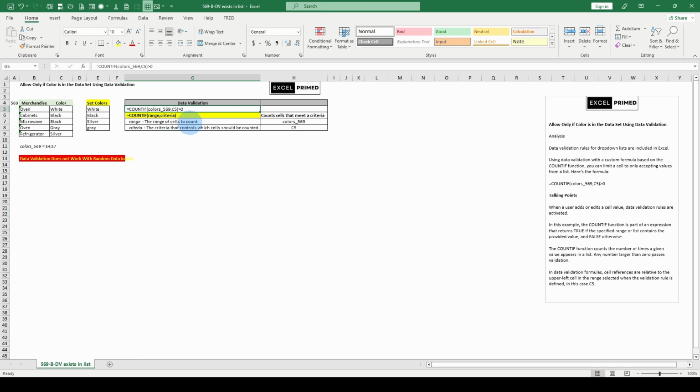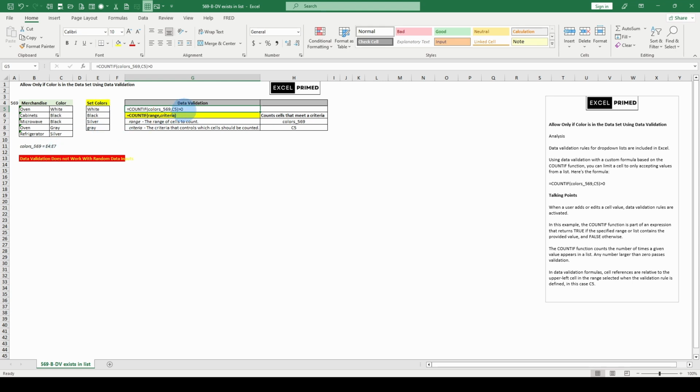When I say behind it, that's the data validation rule. It says COUNTIF colors 569 C5 is greater than 0. You remember if we put that greater than 0, it turns into a number. That way we can count it. And that's how data validation is going to look at this. If it's greater than 0, it's going to trigger. In other words, what we're looking at is this name range, color 569, and if it's violated, it's going to